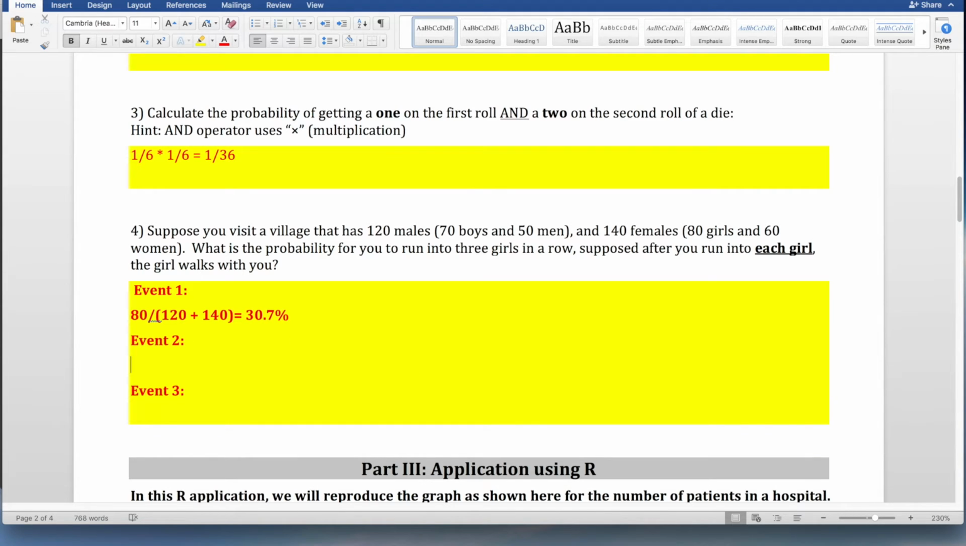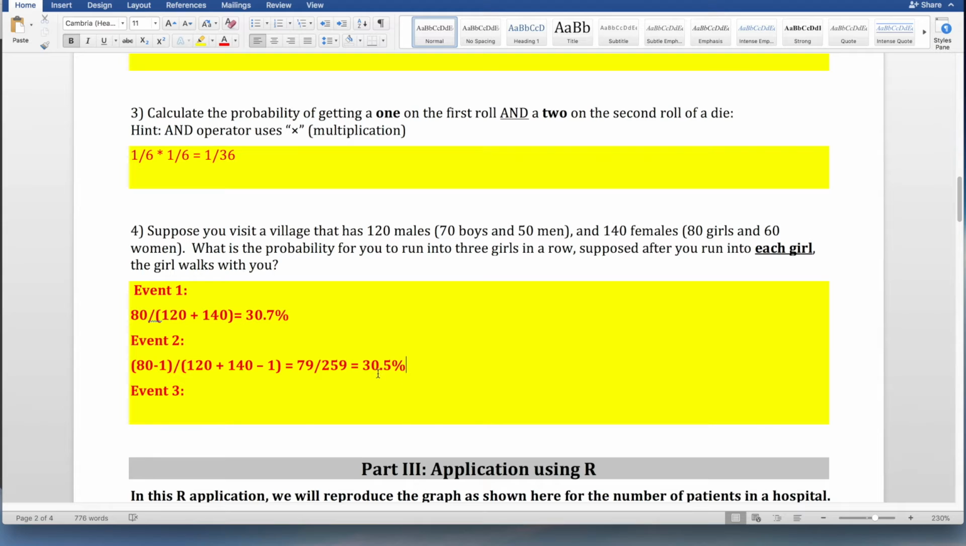And so for event 2, we want to now know what the chance is of running into another girl, assuming that the last girl we ran into is now walking with us. So we would do 80 minus 1 because there is now a girl walking with us, out of the 120 males plus 140 females minus the one who is now walking with us. If we simplify this, it would equal 79 over 120 plus 140 minus 1. So that would be 260 minus 1, so 259. And so this will then give us a probability of